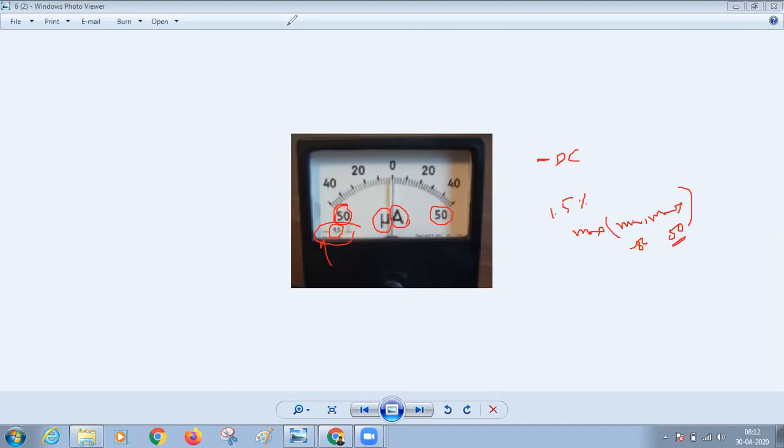Okay, like this, by using these symbols you can say which type the meter is, whether it is PMMC, moving iron, or dynamometer type. And also you can say whether the meter is placed horizontally, vertically, or in some inclined position. And whether that meter is tested or not, you can also say from those symbols, right? And what the percentage of error for this meter is, you can also say. So these are the importance of those symbols on the meters. Thank you.